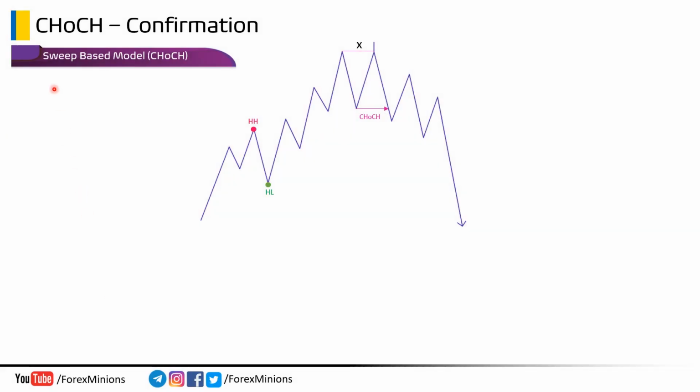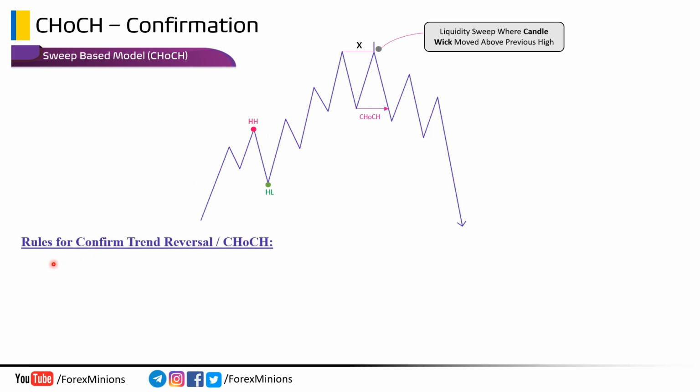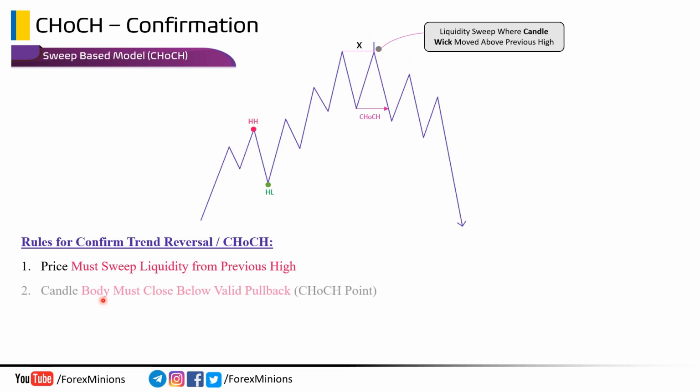Now, let's start with the sweep-based model, which is the second model type. Please note the sweep-based model is applicable only when a candle wick traded above the previous high. Sweep-based model means there is only a liquidity sweep, and the candle body must close below this previous high. Now, what are the rules to confirm trend reversal in the sweep-based model? Our first rule is, price must sweep liquidity from the previous high by candle wick only. Secondly, the candle body must close below the valid pullback in the sweeping swing,